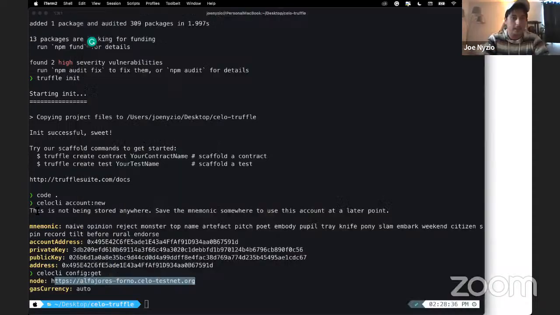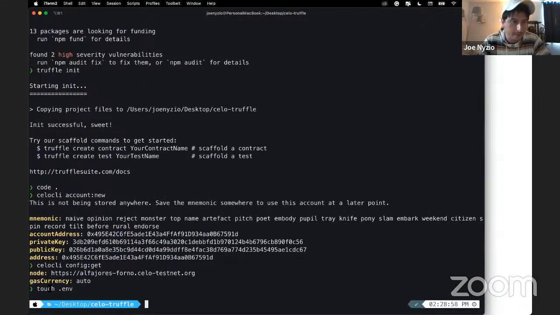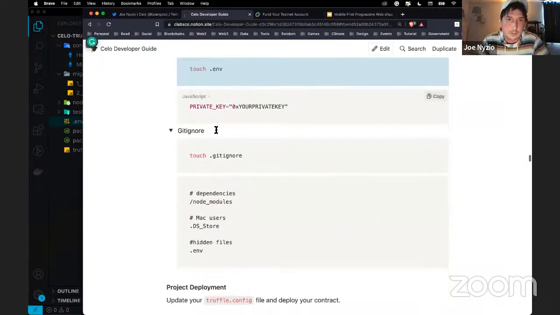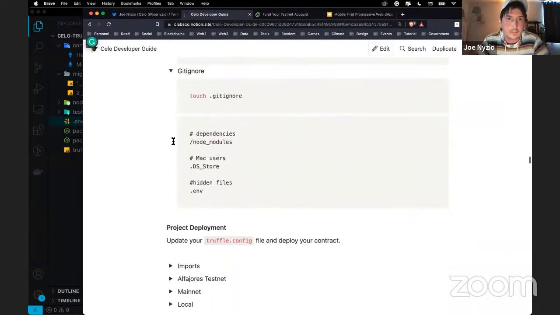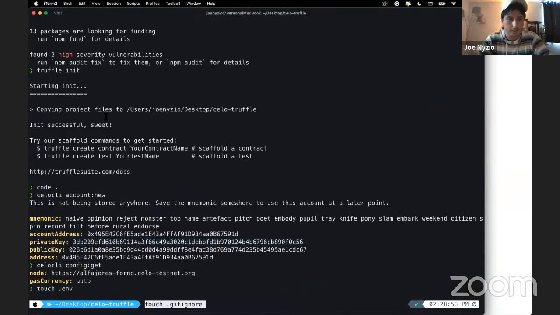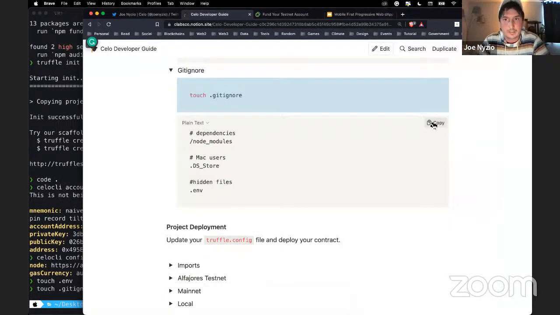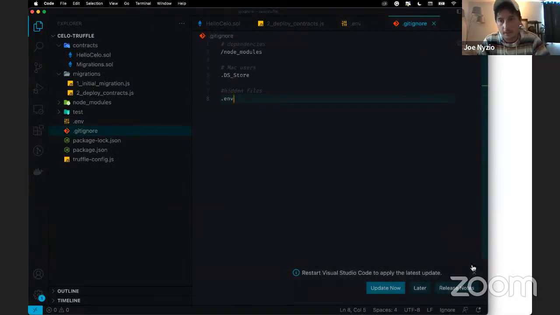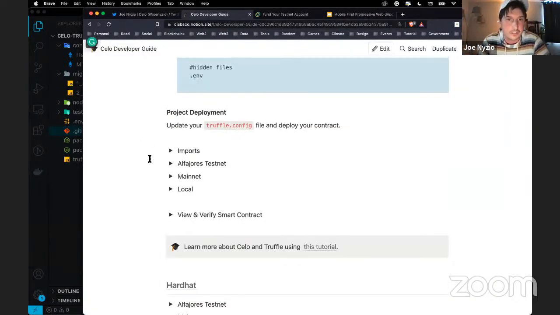Let's see. Make your environment file. Touch is just create a file, and we'll give it our private key. This is what's going to eventually let us know what the private key is, because you'll need that to know which funds or where the funds are being taken from, and then the gitignore file that I was talking about. And again, you can just paste this right into that file you created. And sorry, I noticed you can just open your terminal in VS Code, and I never really do that, but it makes it so you don't have to switch screens so much.